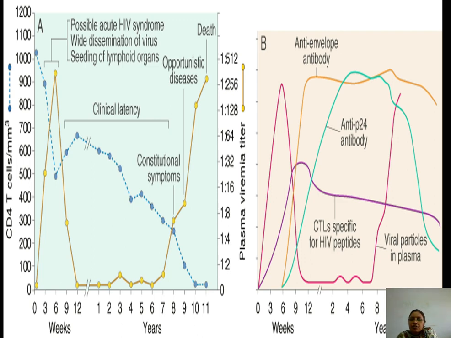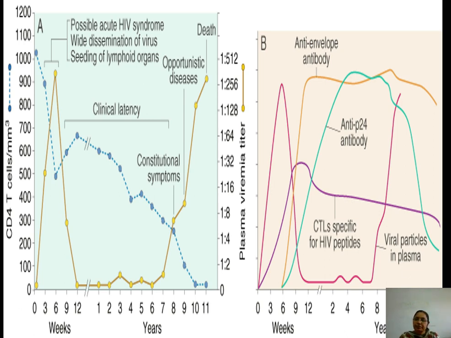Now this graph is showing this pink color is the antigen level. These are the viral particles in the plasma. They are at peak at the 4th week. Then this is the antibody level, which rises from 6 weeks to 12 weeks and then keeps rising. And this green-blue color is the P24 antibody, sorry. This rises after 6 weeks.